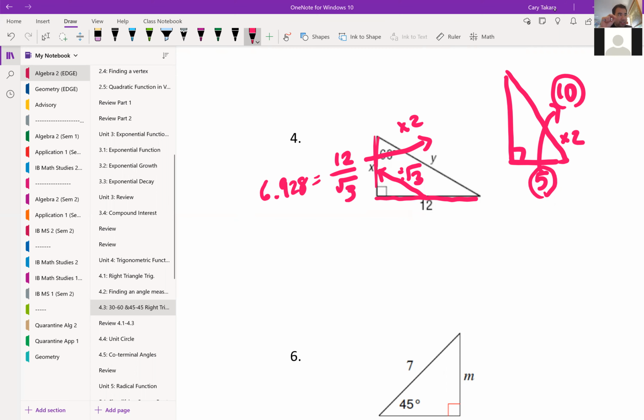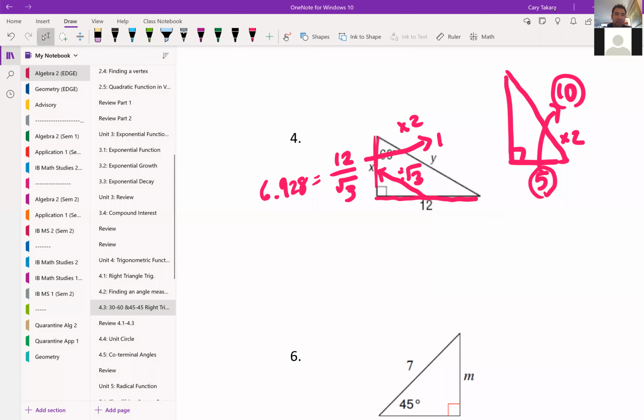For a 30-60 right triangle, it kind of gets confusing, isn't it? Which one is double? Which one is multiplied by square root of 2? It's either multiply, double, half, multiply by square root of 2, divide by square root of 2, and then multiply by square root of 3 or divide by square root of 3. It's one of those, or they are the same, right? And so you double that,